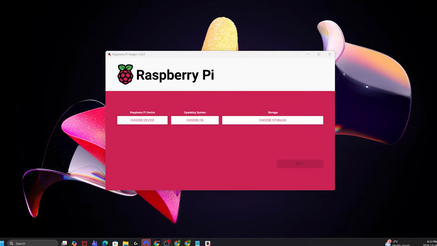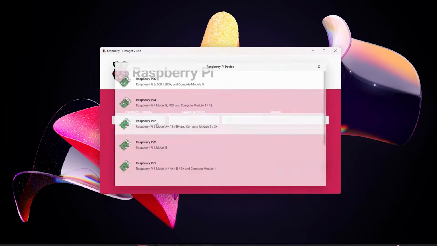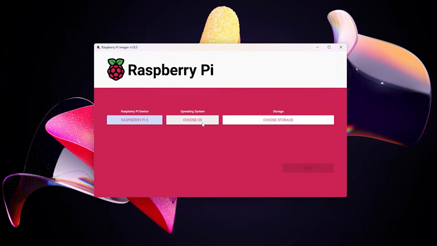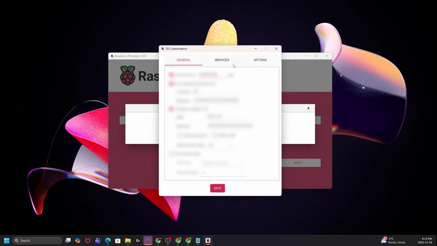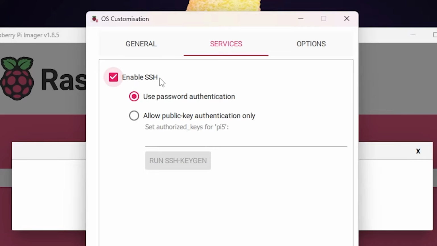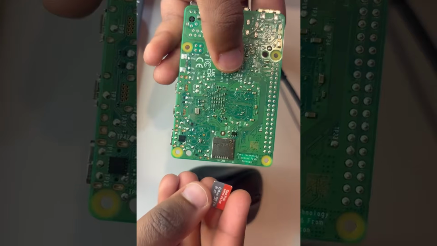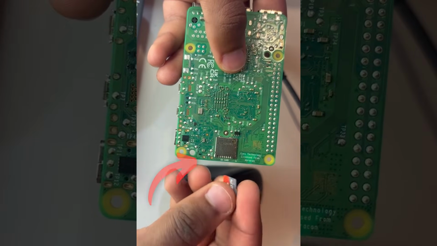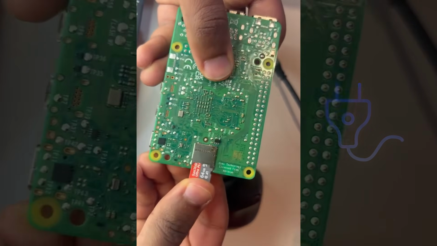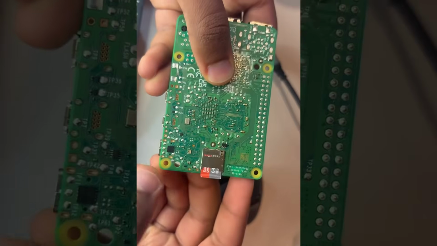Let's start by opening the Raspberry Pi Imager and then choosing Raspberry Pi OS Lite 64-bit. Click on settings, enable SSH. Make sure you also have a username and a password set, and write the image. Insert the SD card, power the Pi, plug in Ethernet first because Wi-Fi and Ethernet have different MAC addresses and